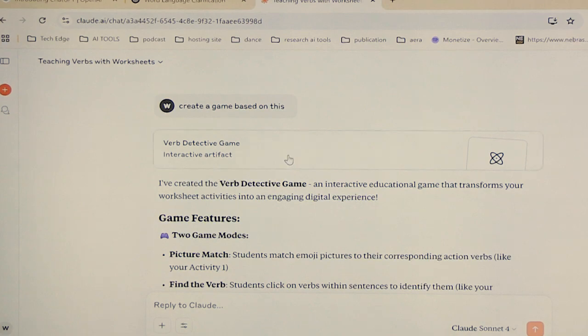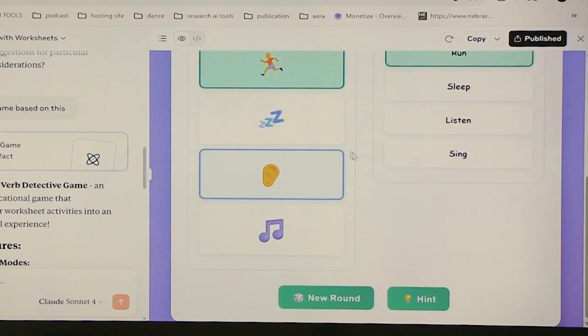The reason why I chose Claude to do this is that it comes out with a vibrant appearance when it comes to application development, rather than using ChatGPT. ChatGPT does well with lesson planning. They all do well. But I prefer Claude, and this is the activity that we are supposed to do.